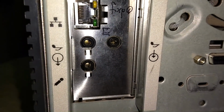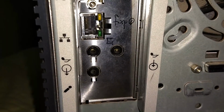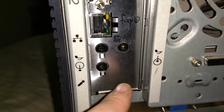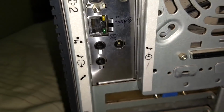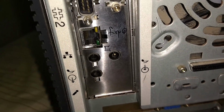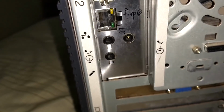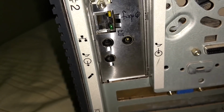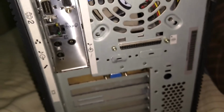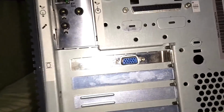And this thing does have onboard audio. It's Crystal CS4236B audio, and these are the ports for that. And the reason I have memorized what audio chip this thing has is because I had an incredibly hard time getting the audio working properly on this, but I did eventually get it working. There's an external SCSI port, case fan exhaust, and